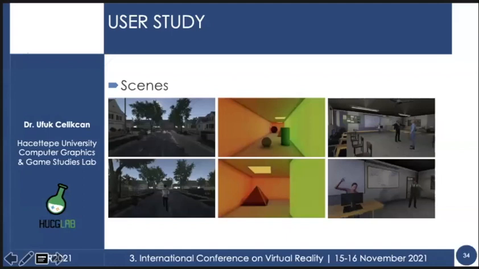For the user study, we created 3 scenes which were used for both viewing conditions. The first scene is an outdoor environment. It is a street with houses, trees, and animated humans. It has frames of high depth range and with attention-grabbing regions located on both further and closer parts with respect to the user's point of view.